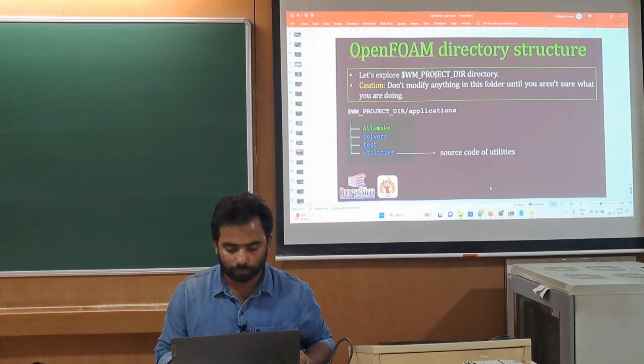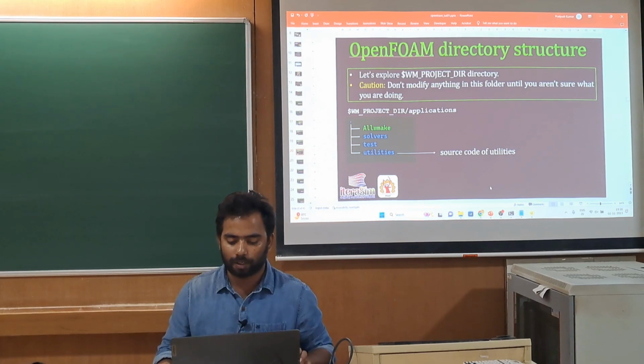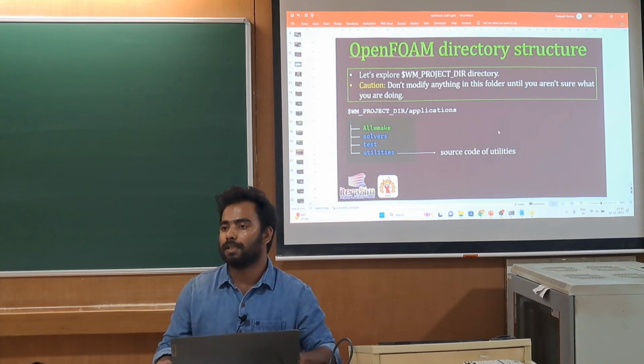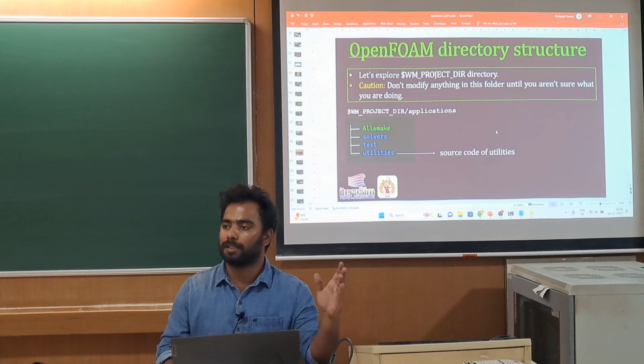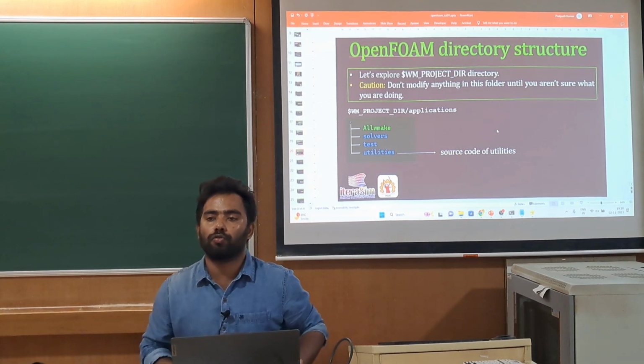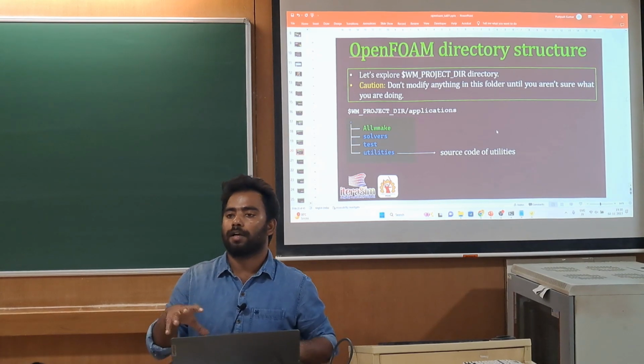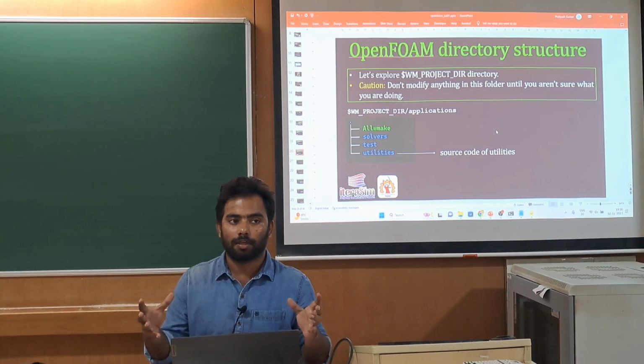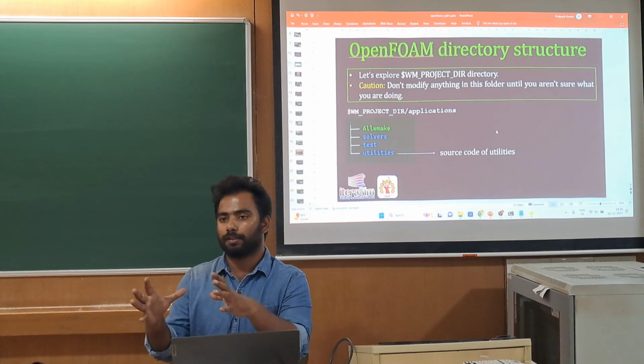Now this is the utilities folder. Utilities are for post-processing and pre-processing. For example, today we are going to learn how to create meshing using blockMesh. So blockMesh is one kind of utility.